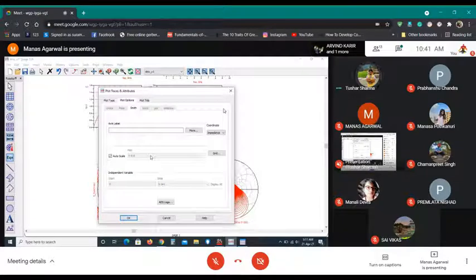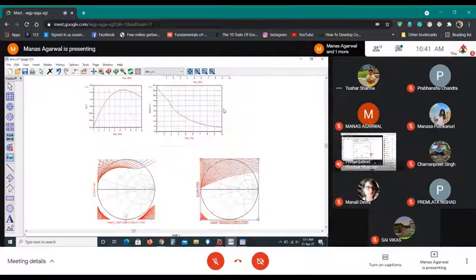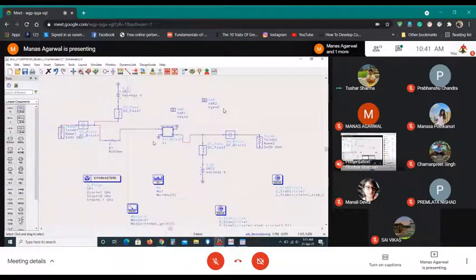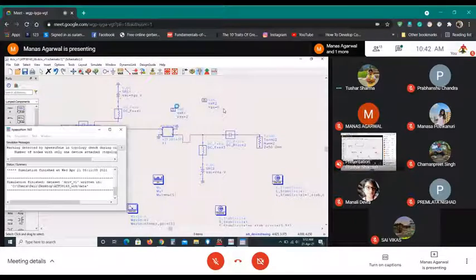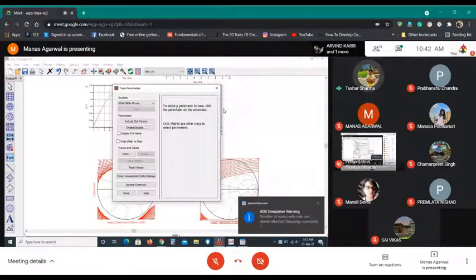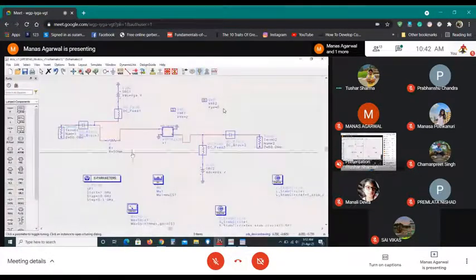Plot options, auto scale 1. Okay, so now go to your schematic. Now you added that 50 ohm resistor in the series. Now hit the tuning knob and click the resistor. Go back to the schematic. Click that R.